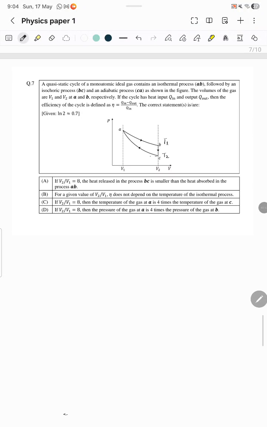So guys, this is question number 7 of JEE Advanced paper 1 2026. If we see this, there is a quasi-static cycle of monatomic gas. Monatomic gas means the degrees of freedom will be 3 and the adiabatic quotient will be 5/3, correct? That is 1 plus 2 by f. So process AB is isothermal,